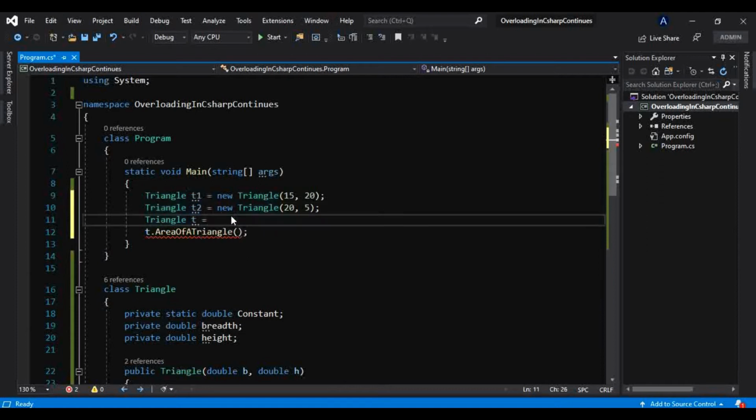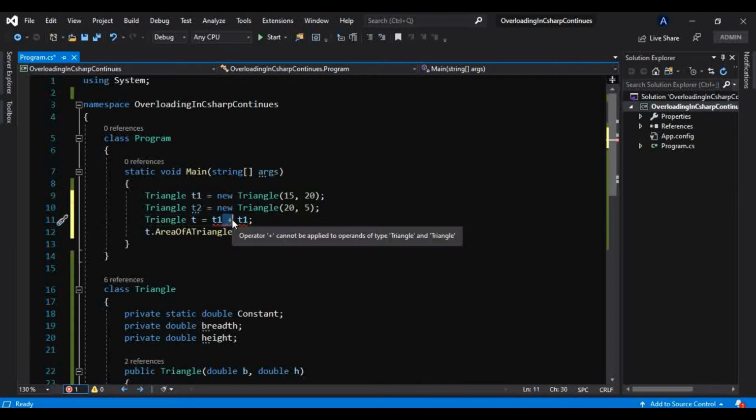So something like this, T1 plus T2, so it should give me the addition of both the areas of triangle. But that is not possible because this predefined plus operator is not defined to do so. What it says, operator plus cannot be applied to operand of type Triangle and Triangle because it is a user definable type. It is a reference type as well as a user definable type. So this plus operator will not work in this case.